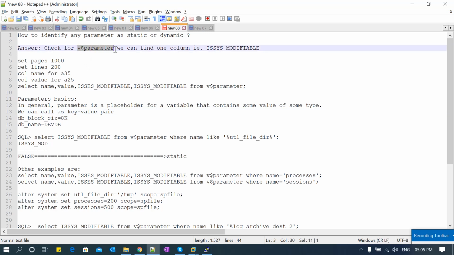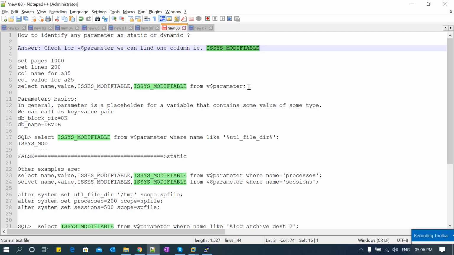There's a particular column, is modifiable, which tells whether that parameter can be modified dynamically or not. Dynamically means that when your database is up and running, you can change that value to any required value, and that doesn't need any database bounce or stop and start. If the parameter is static, then once you set it, you need to bounce the database for it to take effect. That is the meaning of a static parameter.